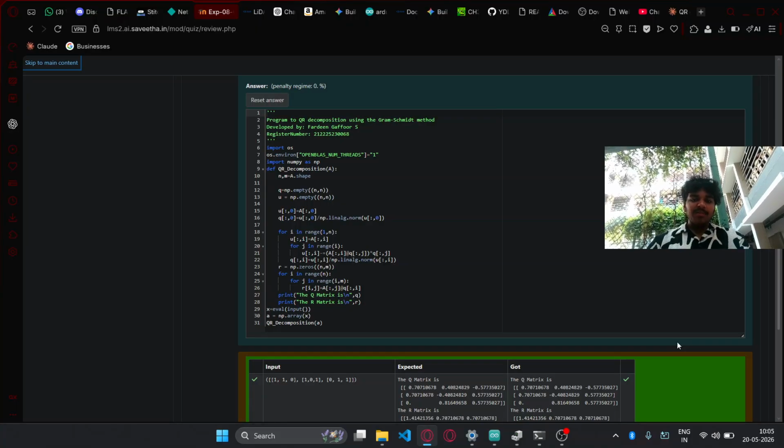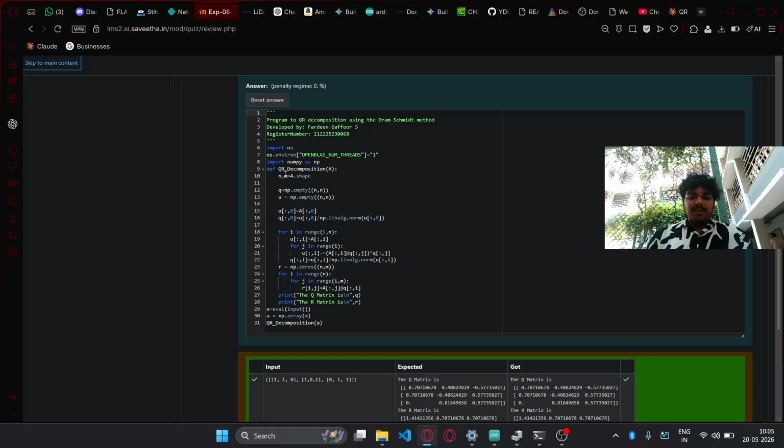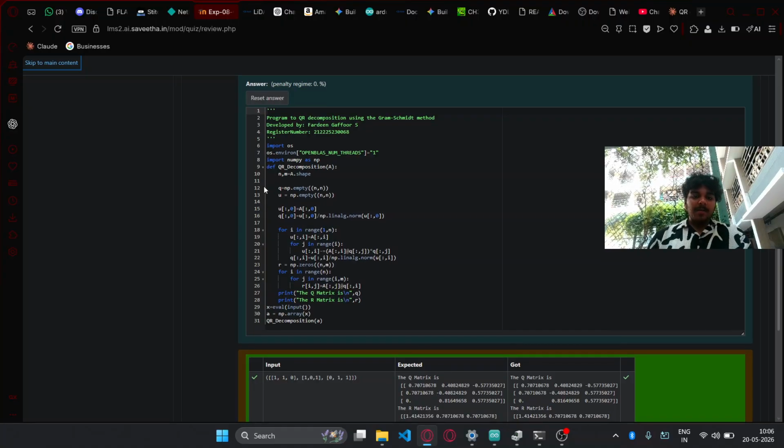Now looking at the code, we begin by importing the os module and setting an environment variable called OPENBLAS_NUM_THREADS to 1. This is a small but important step which prevents NumPy's underlying math library from spawning multiple threads, which can sometimes cause unexpected behavior in certain environments. We then import NumPy, which is Python's go-to library for numerical computation, giving us efficient array operations and